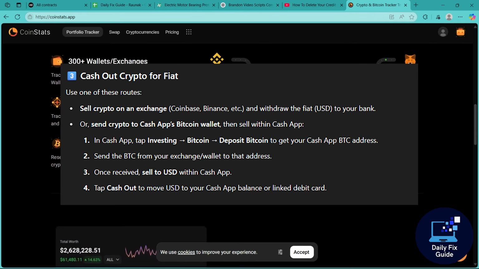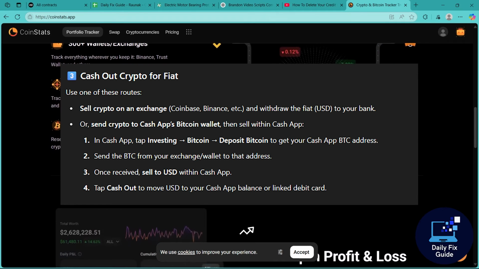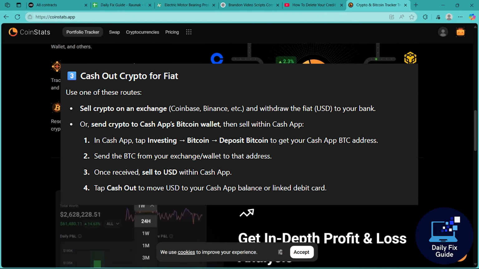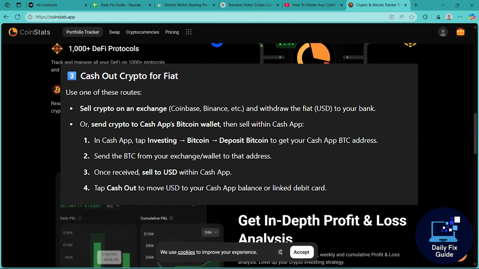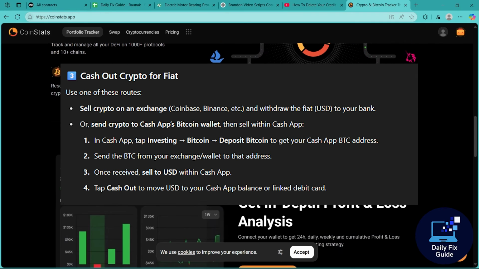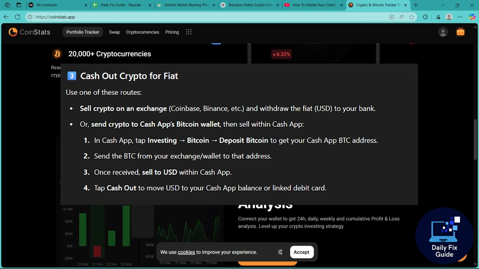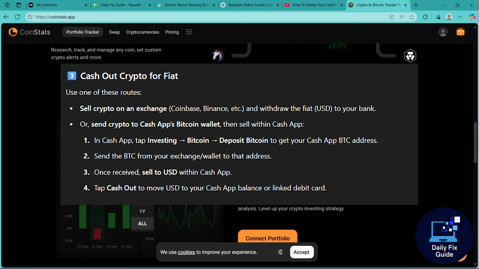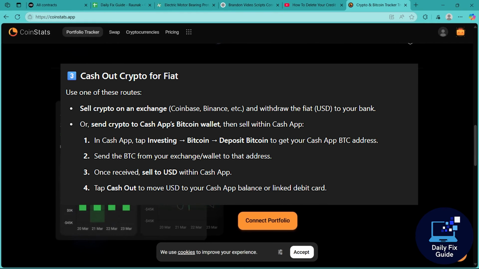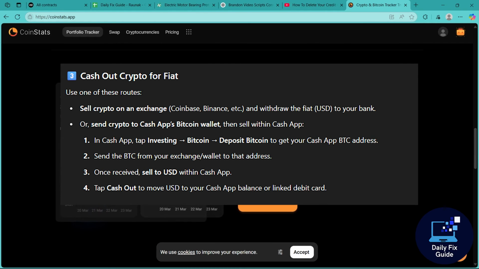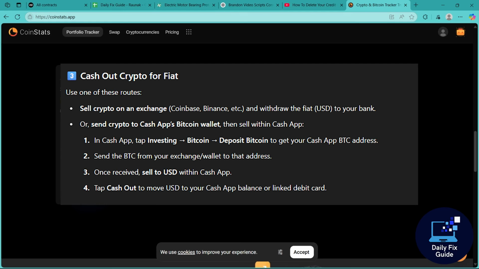In the Cash App, tap the investing button, choose Bitcoin, choose deposit Bitcoin to get your Cash App BTC address. Now send the BTC from your exchange or wallet to that address. Once received, sell the BTC for USD within Cash App and tap Cash Out to move USD to your Cash App balance